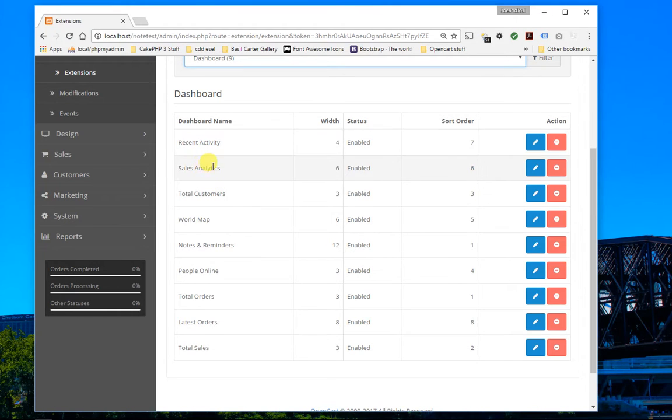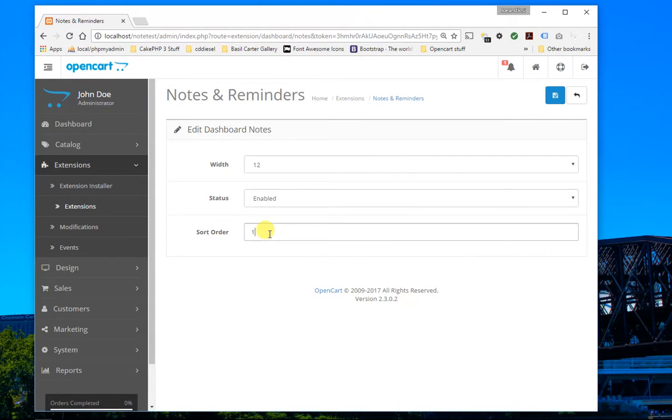So there's all the recent activity, etc. This number here is the number of columns wide that you want your extension to appear. This is whether or not the extension is enabled, and this is the order in which they appear. So right now our highest number is 8. I'll change notes and reminders to be at 9, and that way it'll appear at the bottom. So I'll just change that, save,